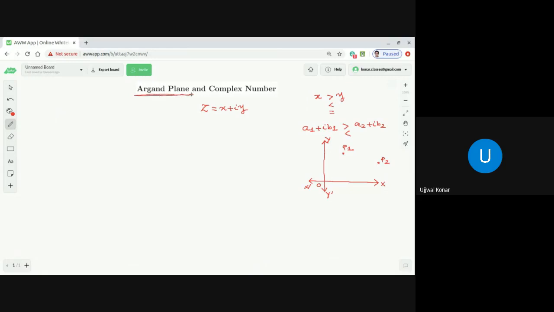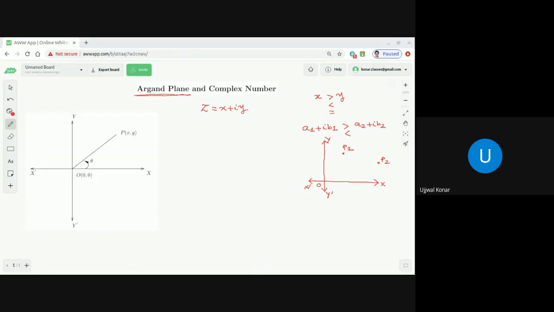That means the Argand plane, or the complex plane, is nothing but a Cartesian plane. Dear students, you are already aware of the Cartesian coordinate system. So what is the Cartesian plane? Let us discuss this in context with a complex number. It is a plane something like this. Let me bring the system here first. So you will get something like this. If you recall, this is a Cartesian coordinate system, correct or not?